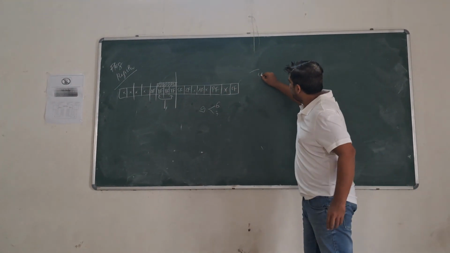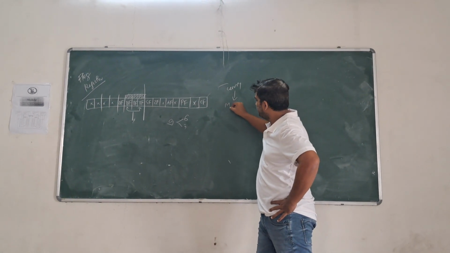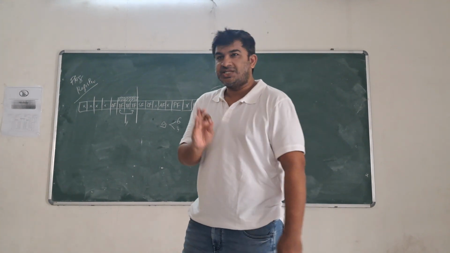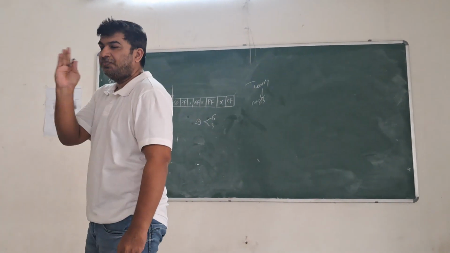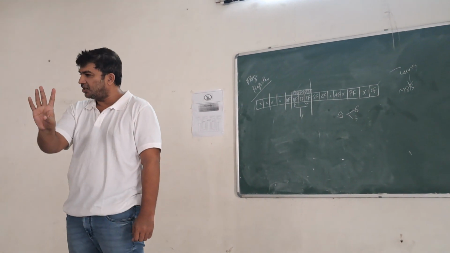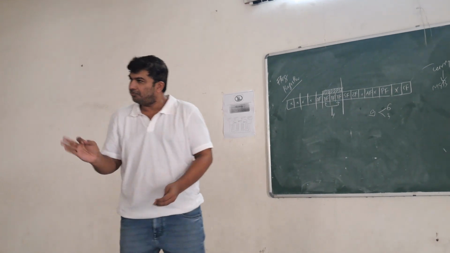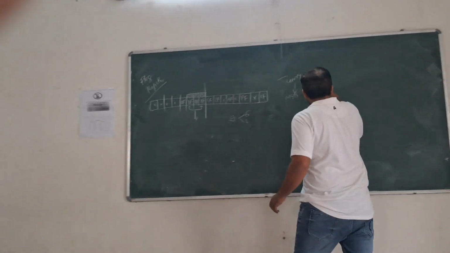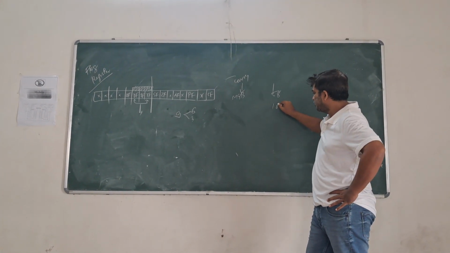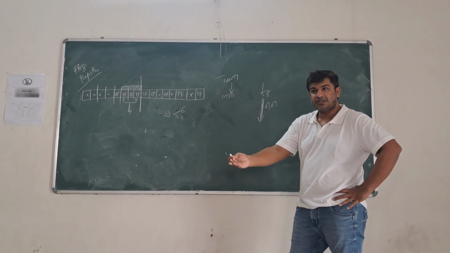First is called the carry flag. Carry flag simply checks carry from the MSB. This is what your carry flag does. If there is a carry generated out of your MSB, the carry flag will get set. Set means it is equal to 1. What is MSB? Most significant bit. If I write 58, 5 is the MSB. If I write 10101, this one is my MSB, most significant bit.